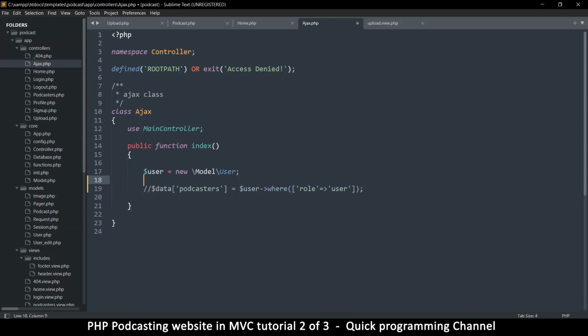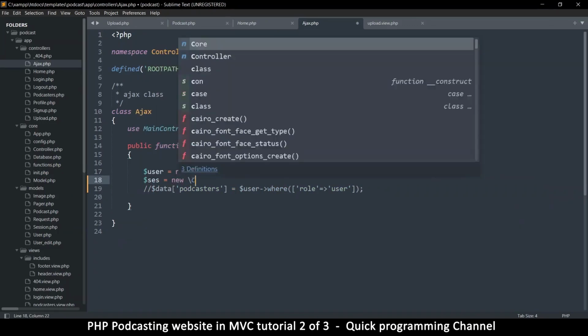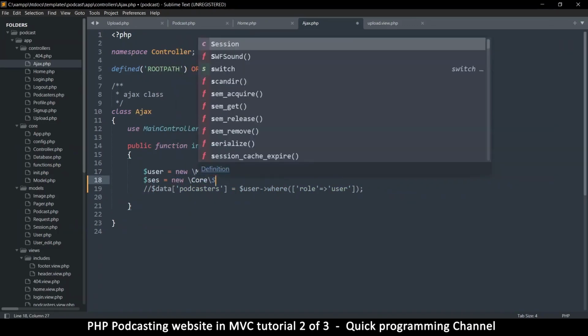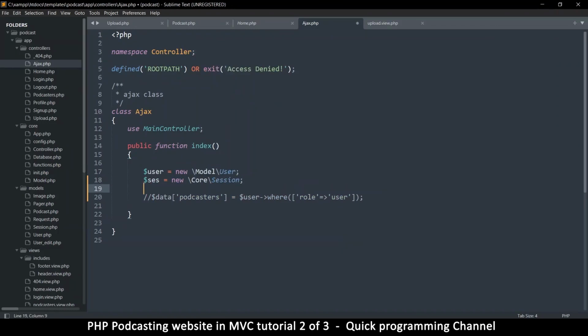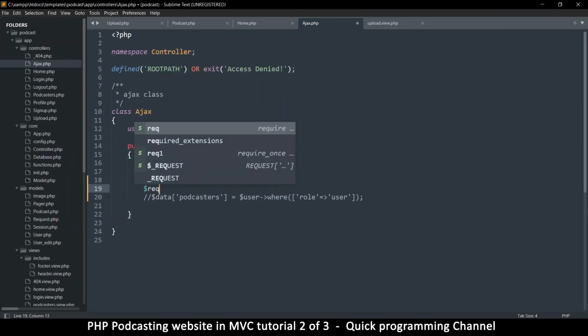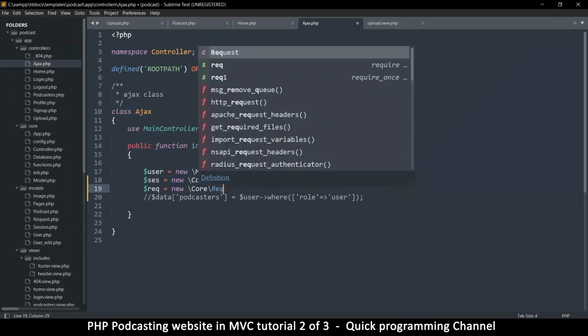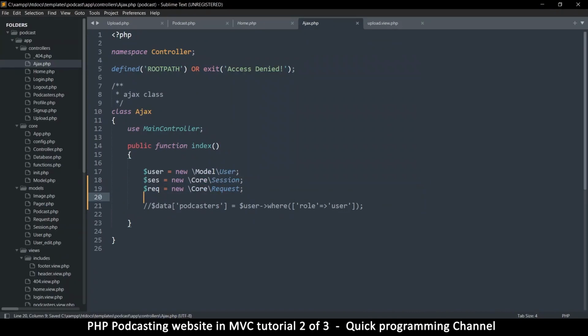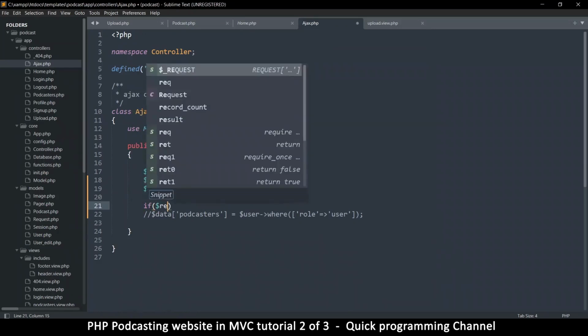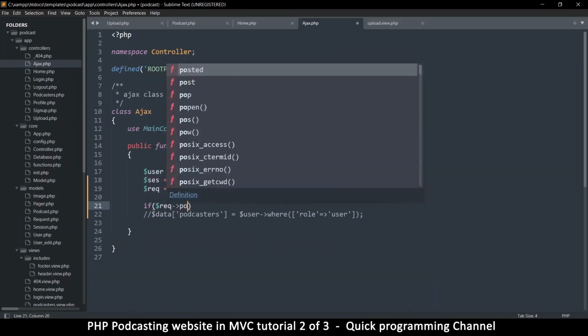So I'm going to instantiate session is equal to new core session, and then request is equal to new core request. Okay, so that we know if something was posted. So we're going to say if request posted,